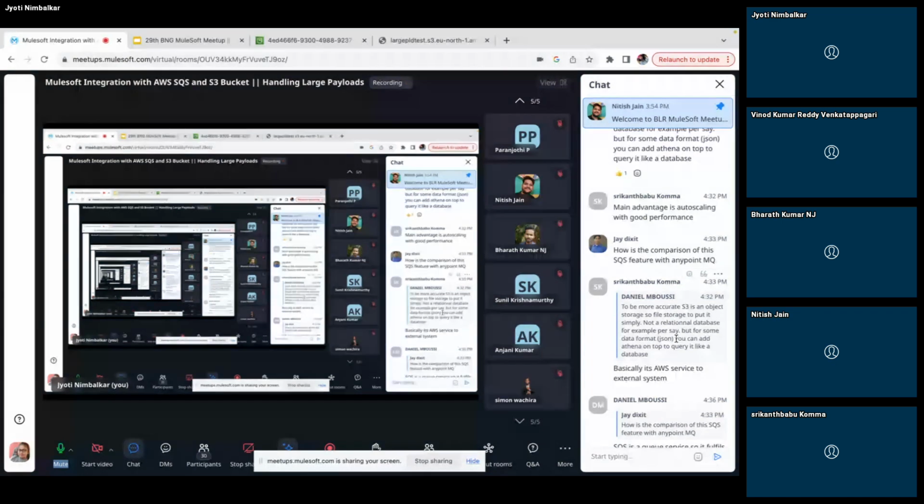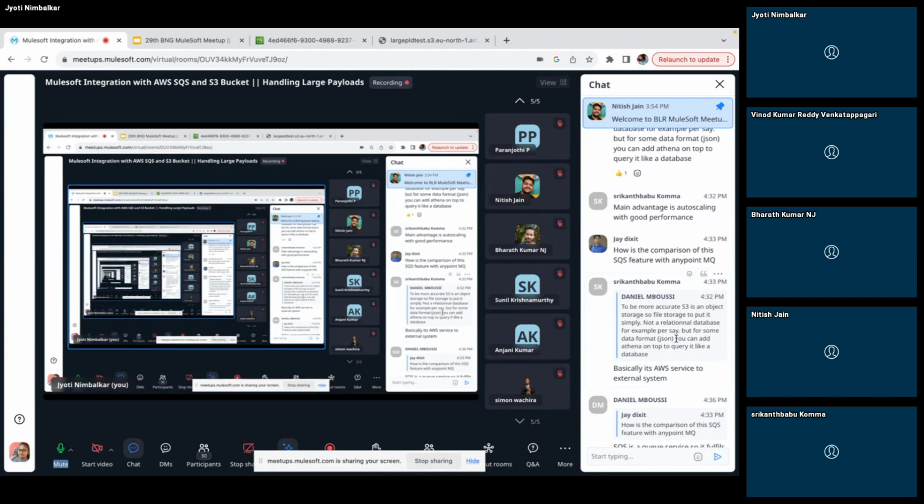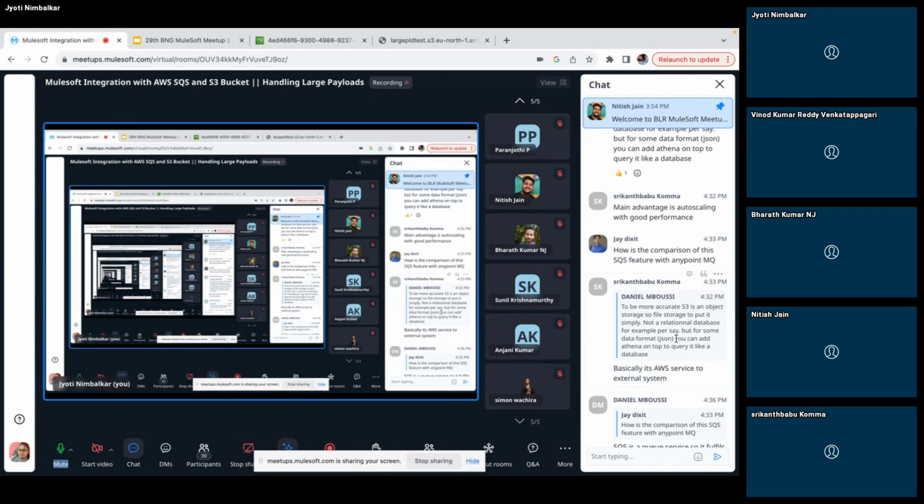And like the demonstration that we had handling large payload, I guess in Anypoint MQ also we have a similar approach. We can refer to some file storage or blob storage to place the large payloads more than 10 MB, and then we can refer to it using a reference ID in the queue. But I have never tried it.